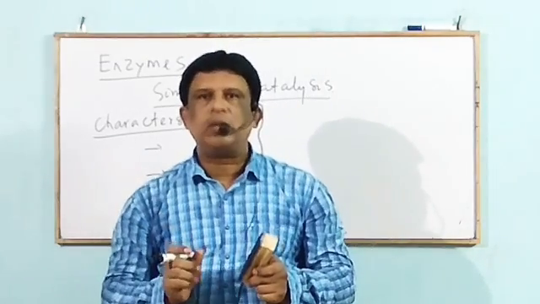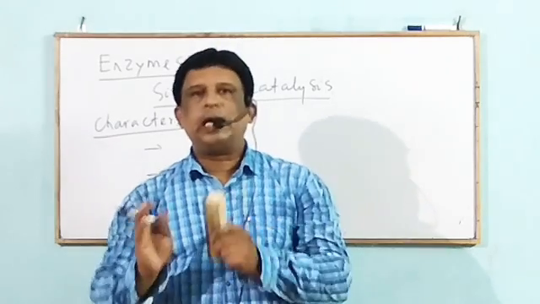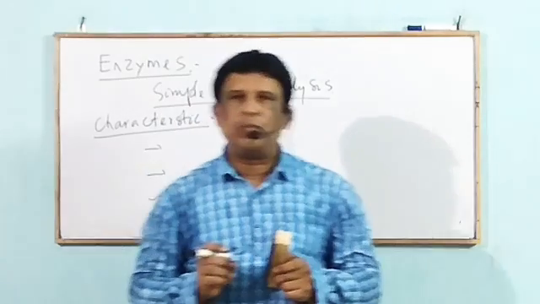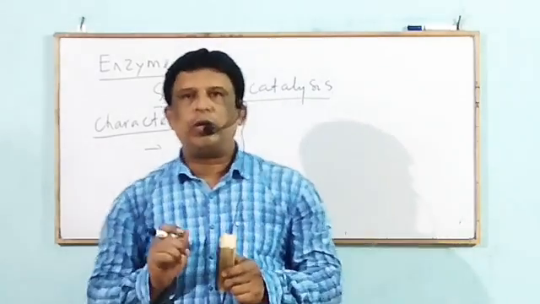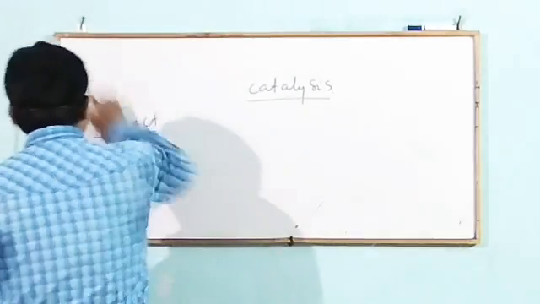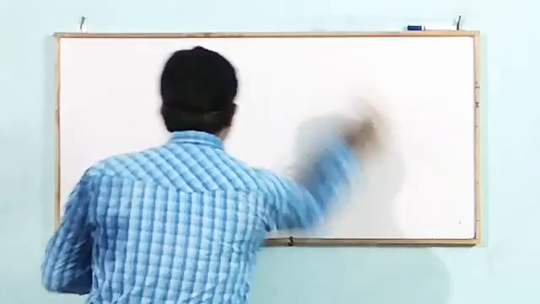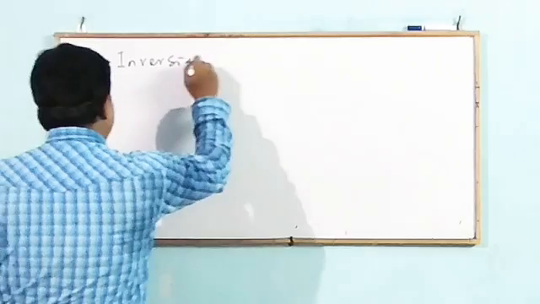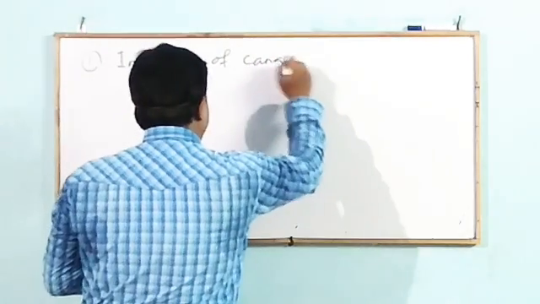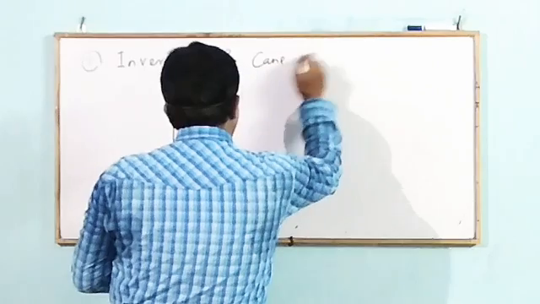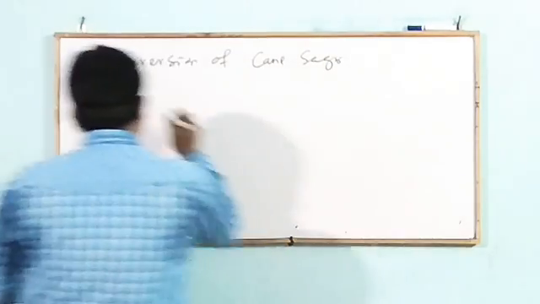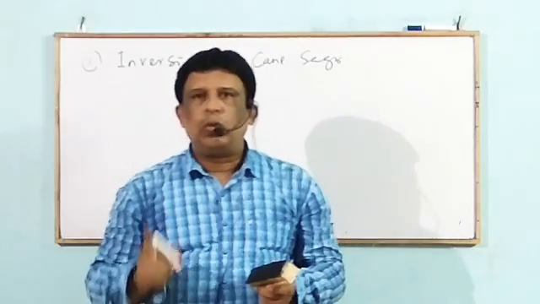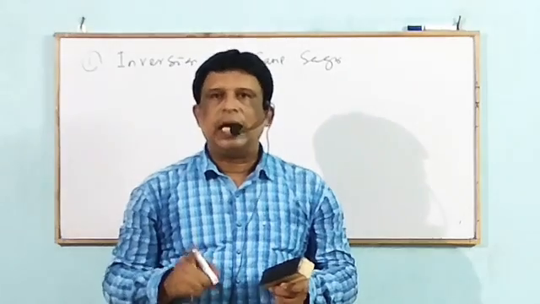Then we discuss some examples of enzymes in day-to-day life, how they act as catalysts. There are 2 to 3 examples. Point 1 is inversion of cane sugar. That means we know cane sugar on hydrolysis gives rise to glucose and fructose, and